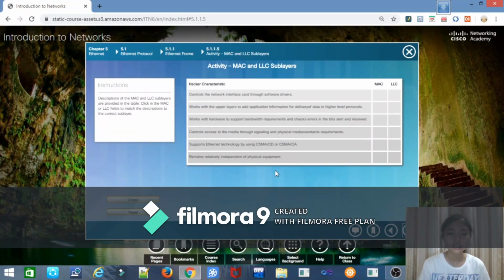So for the first one, controls the network interface card through software drivers. The answer is LLC. And next, works with the upper layers to add application information for delivery of data to higher level protocols. So first of all, the meaning of LLC, tama ba? This upper sublayer communicates with the network layer. It places information in the frame that identifies which